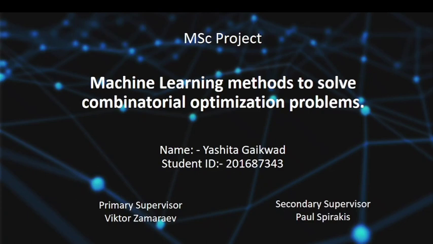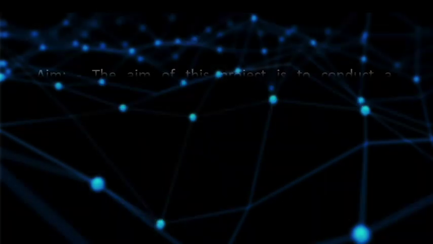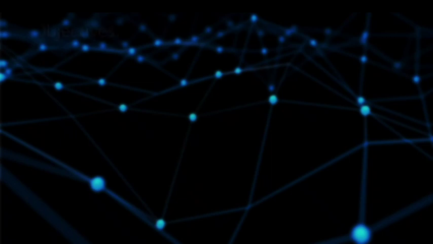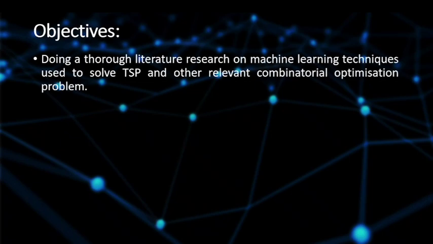MSc project, which is Machine Learning Methods to Solve Combinatorial Optimization Problem. Let's quickly go through the aims and objectives of this project. The aim of this project is to conduct a comprehensive literature review on existing applications of machine learning methods to solve combinatorial optimization problem and implementing machine learning methods for solving combinatorial optimization problem with a particular emphasis on the traveling salesman problem. The objectives are doing a thorough literature research on machine learning techniques used to solve TSP and